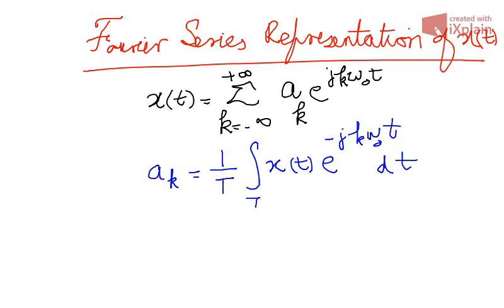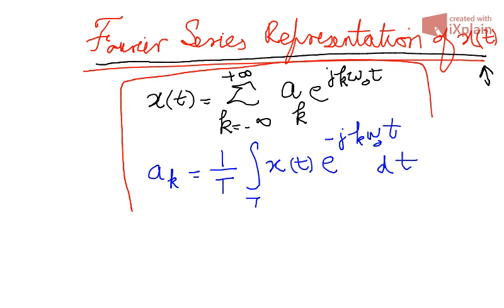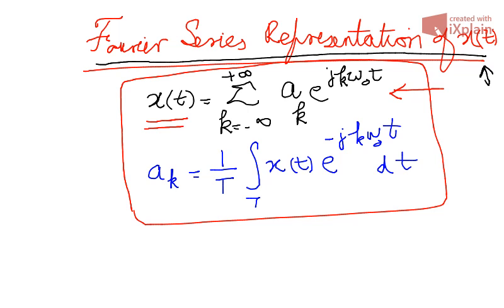In this lecture, we will learn the Fourier series representation of the continuous time signal x of t. So our target today is the Fourier series representation of a continuous time signal x of t. And as you can see, a couple of equations are available here. In the first equation, if you concentrate on x of t, the left hand side is a time domain signal